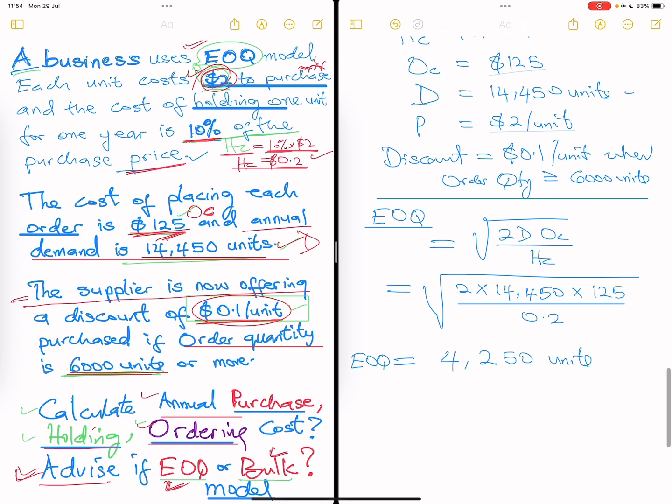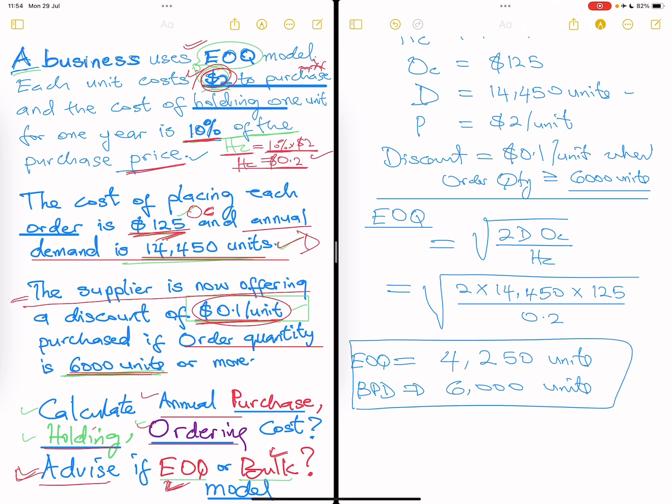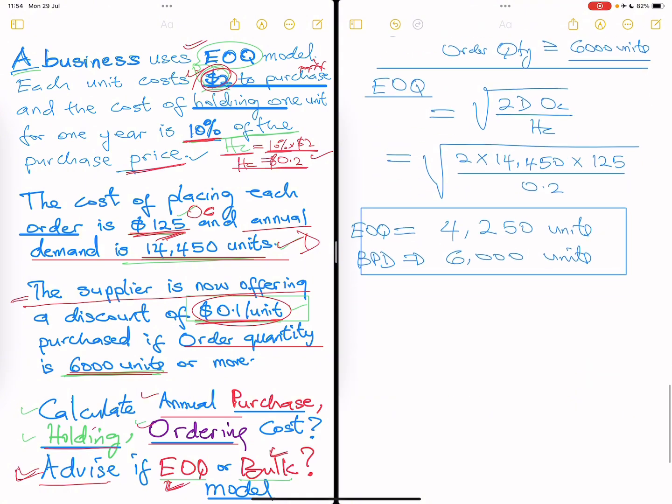Yeah, we know the EOQ quantity, and the bulk purchase discount quantity is given as well. It has to be 6,000. So we know those quantities because we need them before we can calculate the relevant cost associated with those inventory. Now let's calculate the cost for EOQ first, then we'll go on to talk about the cost for the bulk purchase discount. So for EOQ,